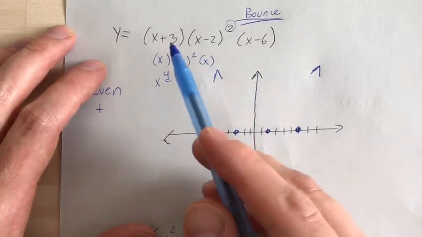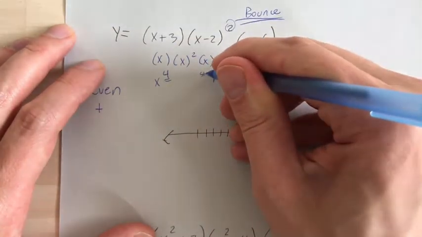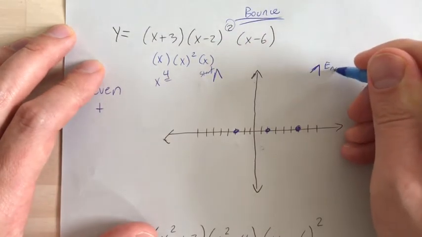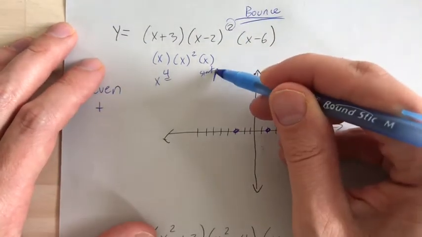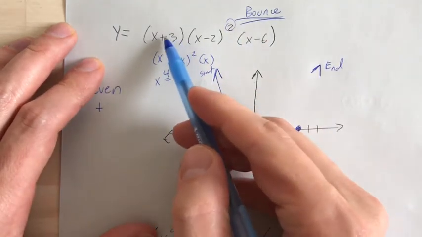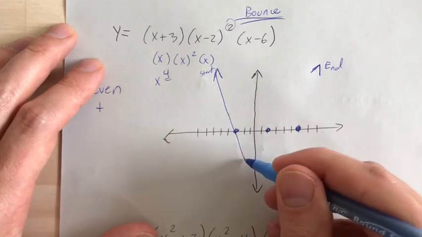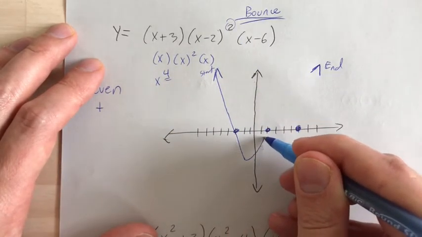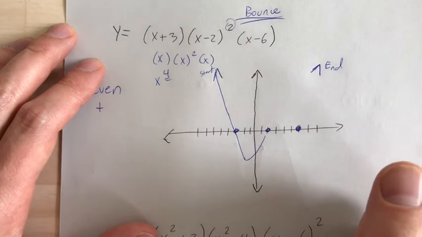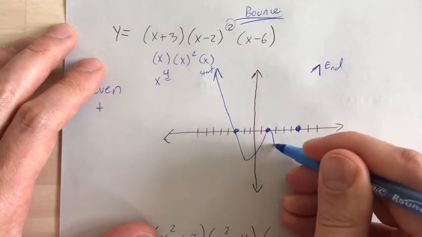But I'm going to start by going through this intercept. So I'm going to start here. I'm going to end here. And I'm going to go first to this guy. I'm going to go through this x-intercept because, again, no squares here, just a normal parenthesis. Now, when I get to this guy, the behavior is, instead of going through to the other side, when I get to this x-intercept, I'm going to bounce off it,